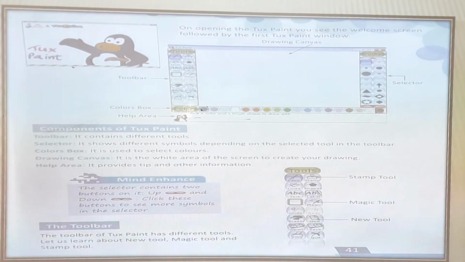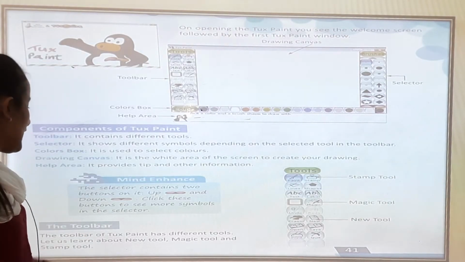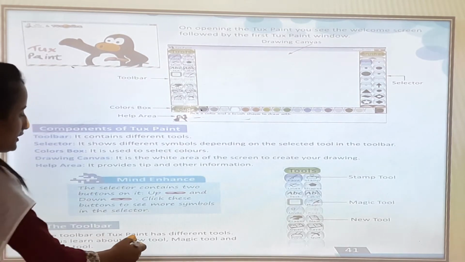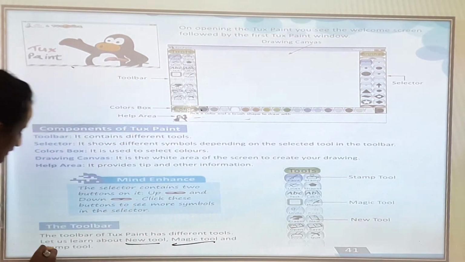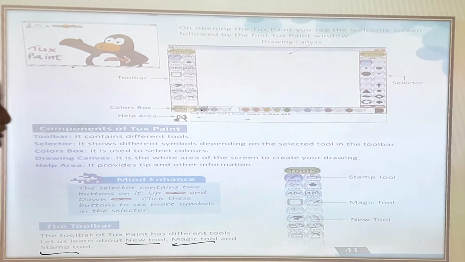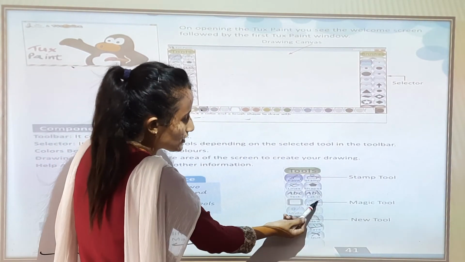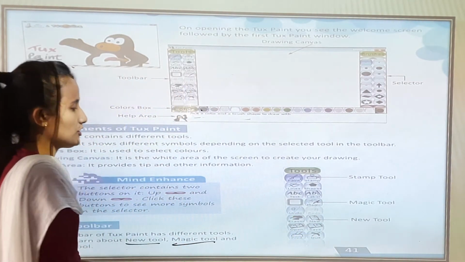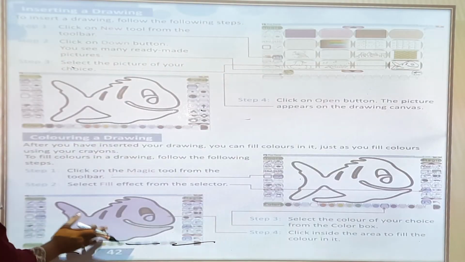Now the toolbar. The toolbar of TUXPEN has different tools. Let us learn about the new tool, magic tool and stamp tool. So in the toolbar there are many different types of tools. You can see the new tool, magic tool and stamp tool. Now we are going to learn. You can see the pictures also. Now in the next page,